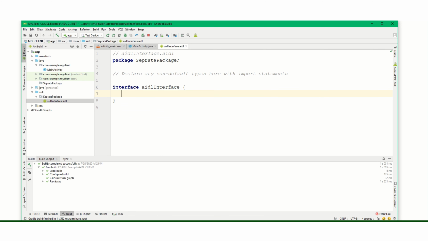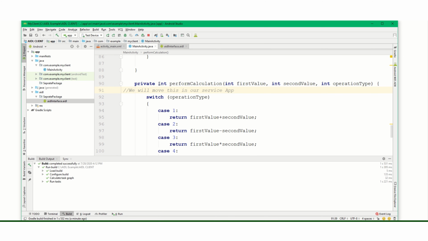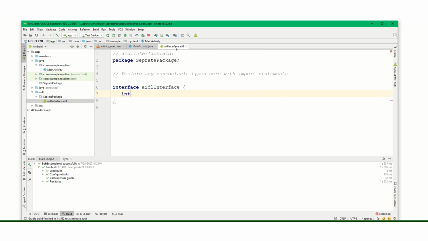Let me remove them and create this: return type integer, method name, and three parameters, integer values and an operation.